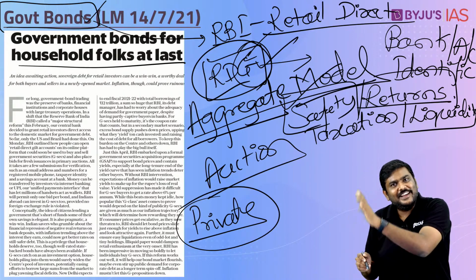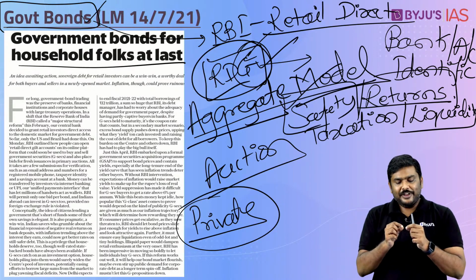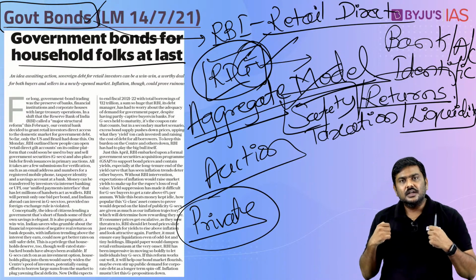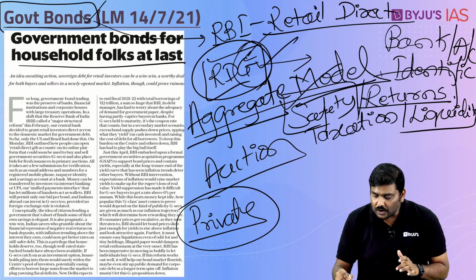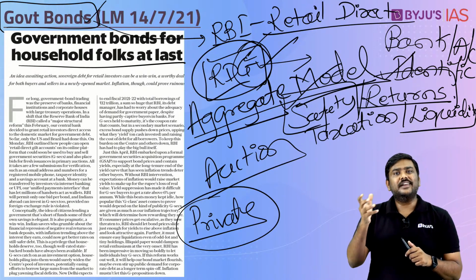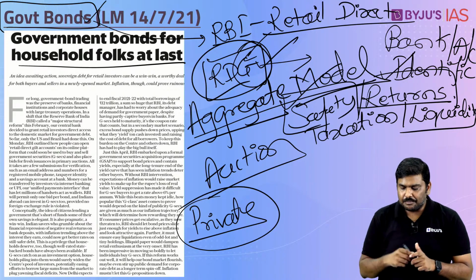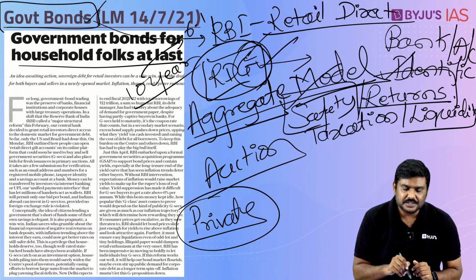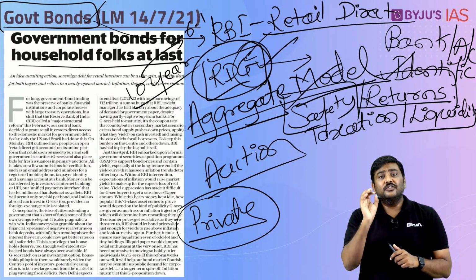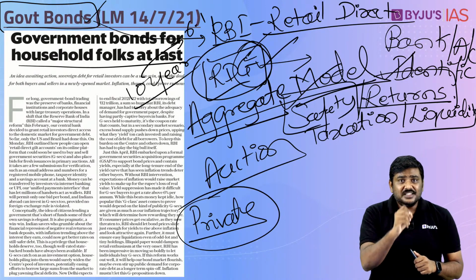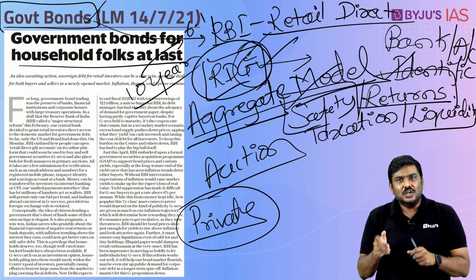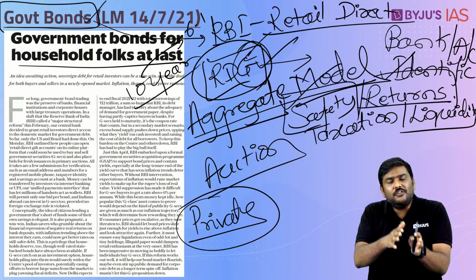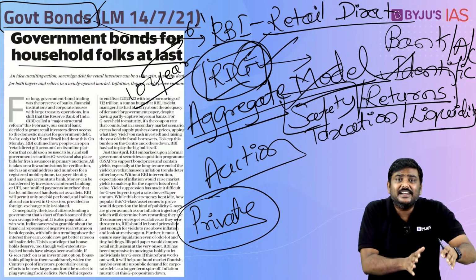Second parameter, returns. Now, the problems will start creeping up. Have a look at this. Whenever a retail investor will make an investment, obviously he is worried about his returns. Now, understand this, in case of government securities, right now the yield rate is not very, very high. For example, the 10-year G security yield rate is around 6.1% and 5-year G security 5.7%. Right, 3-year G security 5.1%. So, the yield rates are very, very low compared to what? Compared to other forms of investment that this retail investor can do.